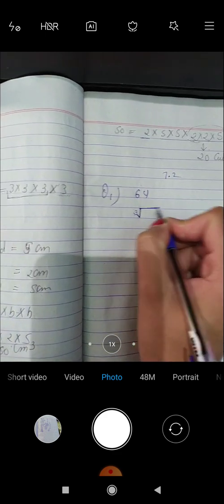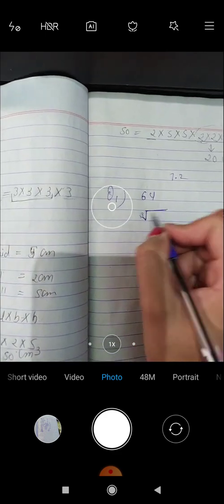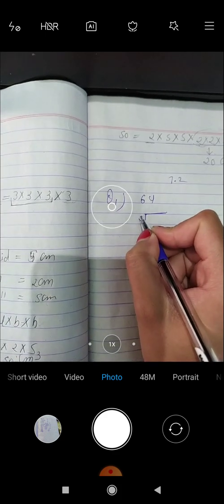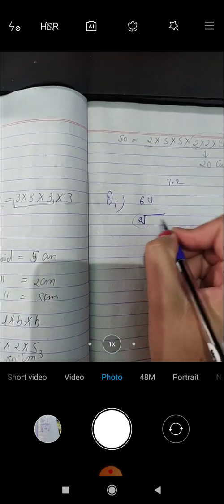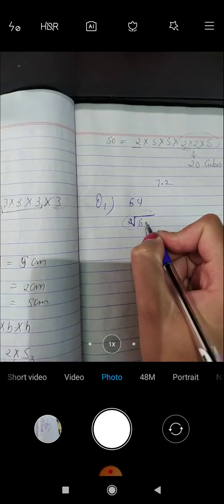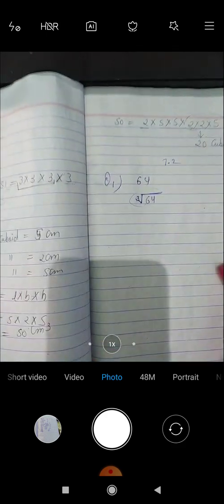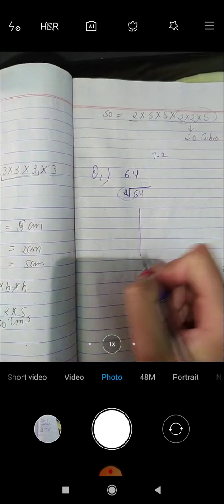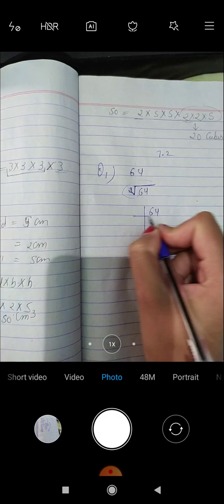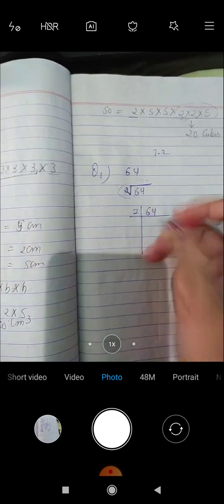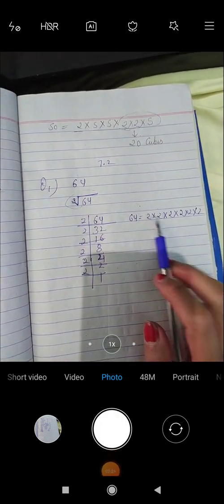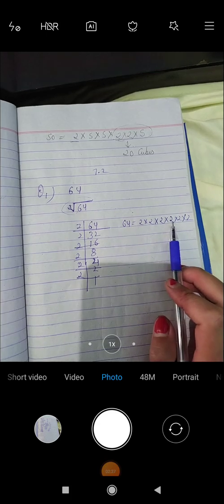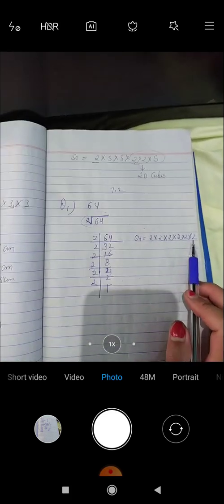We make a radical symbol and we write 3 in front of this symbol, and this symbol is known as the cube root. So the cube root of 64 by using the prime factorization method. In this method first we factorize our number and its factorization is 2 multiply by 2 multiply by 2 multiply by 2 multiply by 2 multiply by 2.